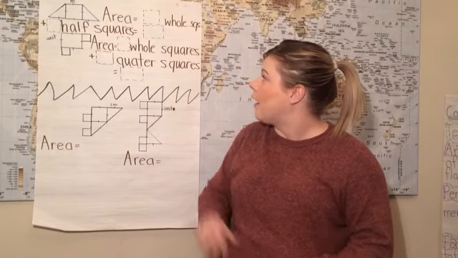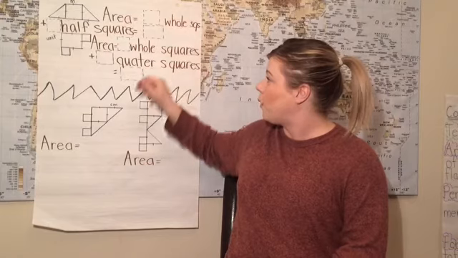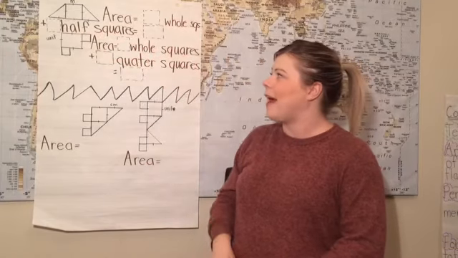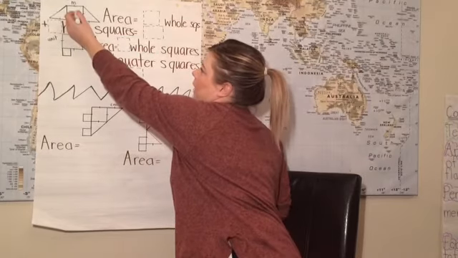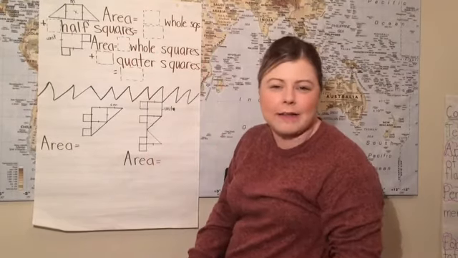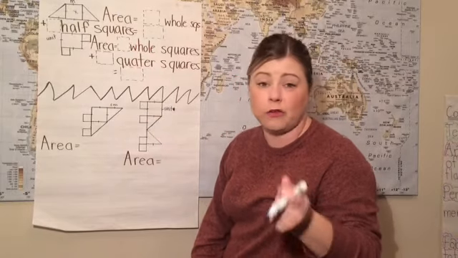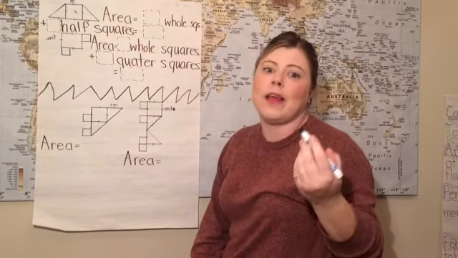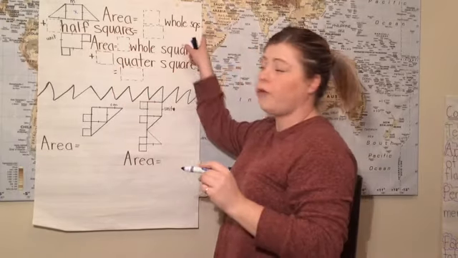So the hint that the problem is giving me is that I have to determine the whole squares and the half squares to get the area of the entire shape. Well, let me take a look. There is 1. It's always a good idea as you're working through these problems to put a little X on the squares or the shapes that you've already counted so that you don't count them again. So I see 1 whole square